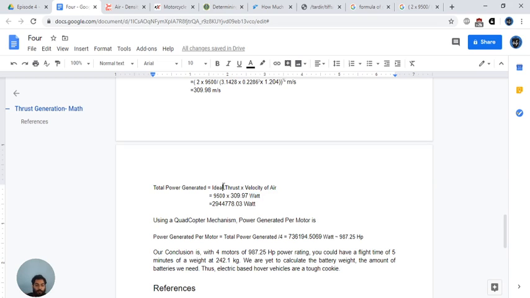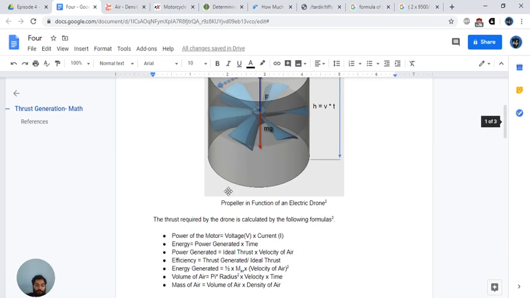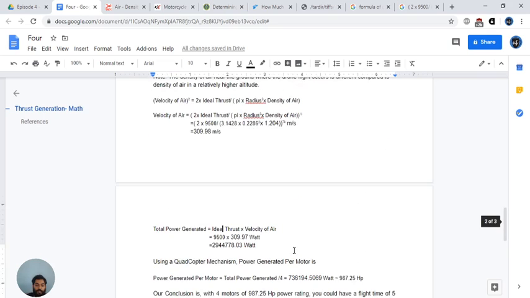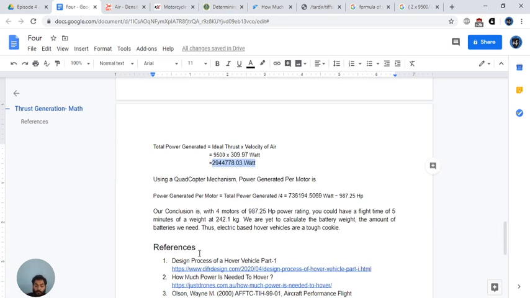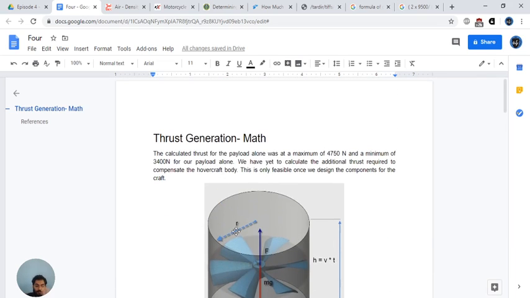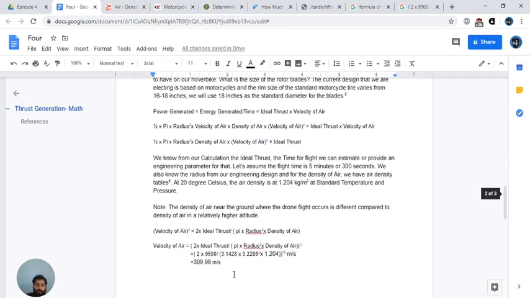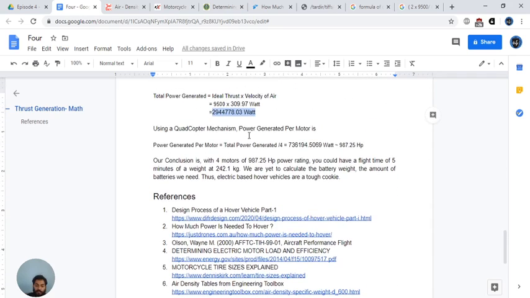Where did we get this formula? Power generated is ideal thrust times velocity of air. That's how we're calculating this much wattage. It's crazy. Since this is just one motor, if we used just this one rotor, that wouldn't be good. So we're going to divide it into 4, because it might generate heat and lose a lot of efficiency. If you divide this total watt by 4, you're going to get this much watt. You convert